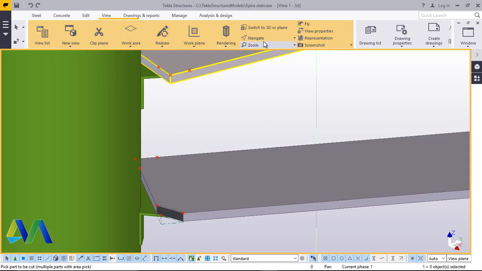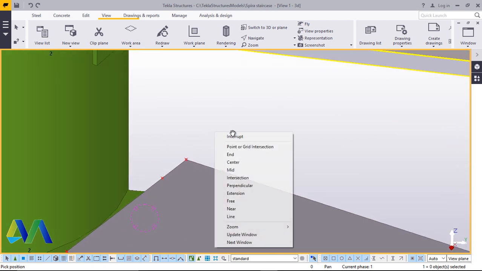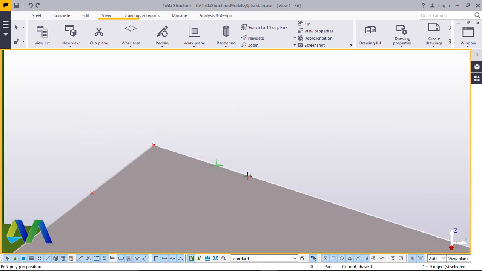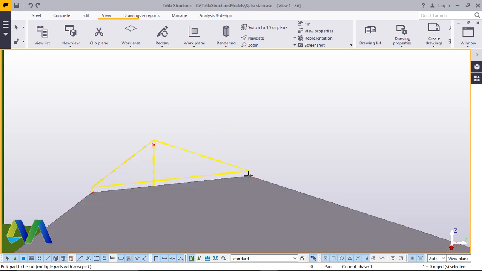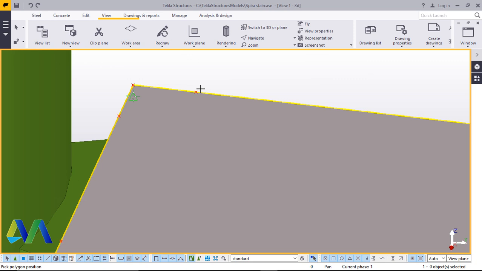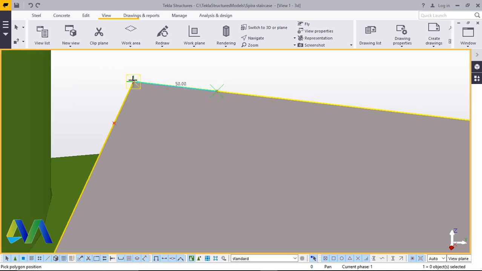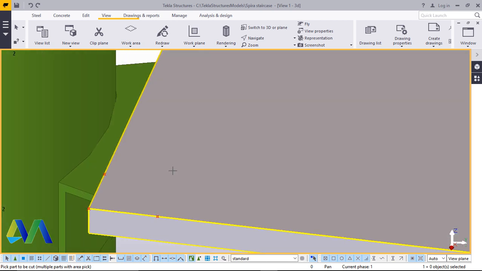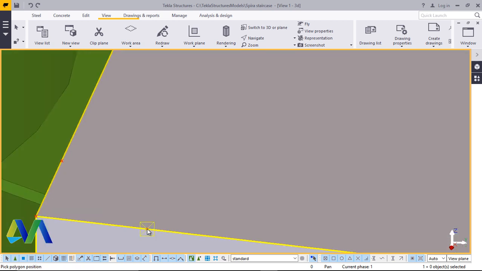Come to view and turn this round. Click on the thread, snap there. Now to perform this, you have to click the member you want to trim off for the command to be active. I'll click on that, then come to that spot, to that spot, to this spot, and link up with the initial spot. I'll click again on the thread